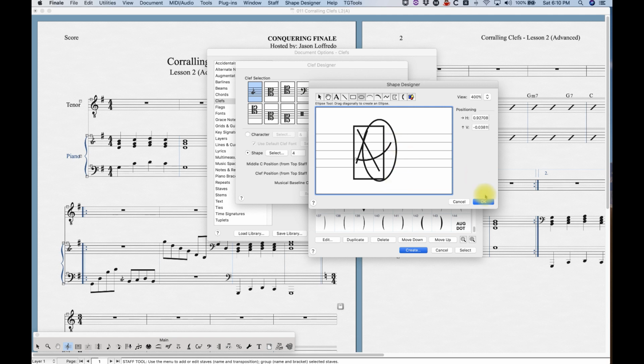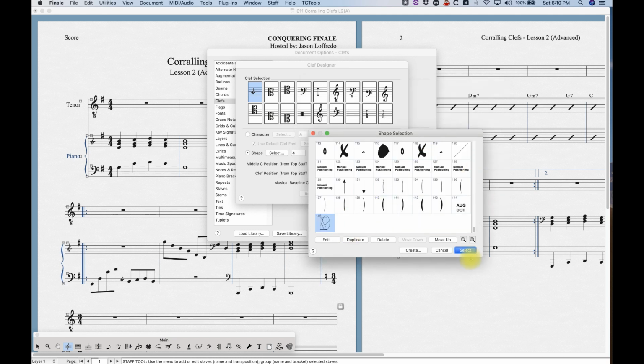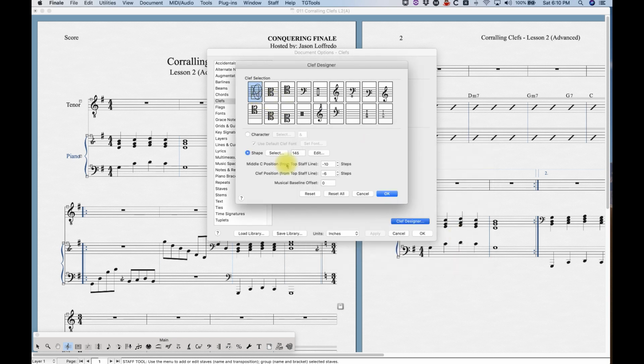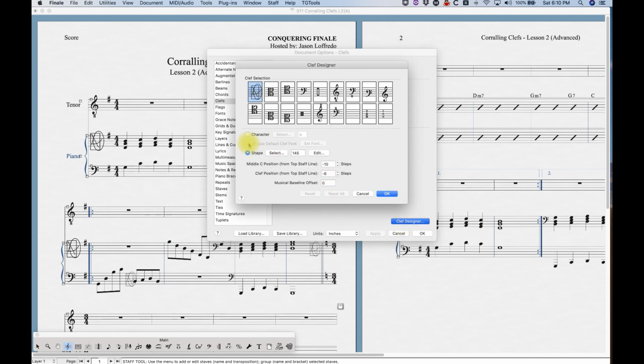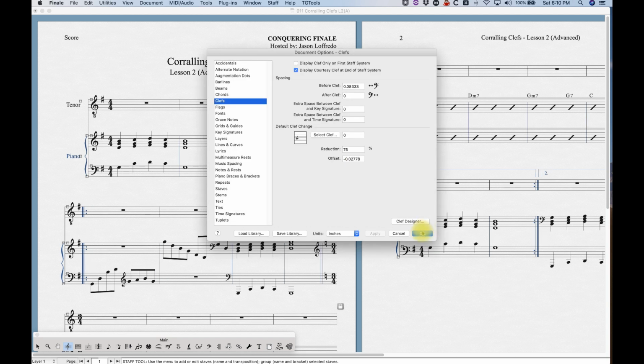It's a silly little thing, but that's what it is. Click OK, select, and now my treble clef has become a monstrosity, and it appears in my score. All right. And of course, we can go back and reset that. Now I'm going to show you one useful purpose for this, and I have this file set up on purpose